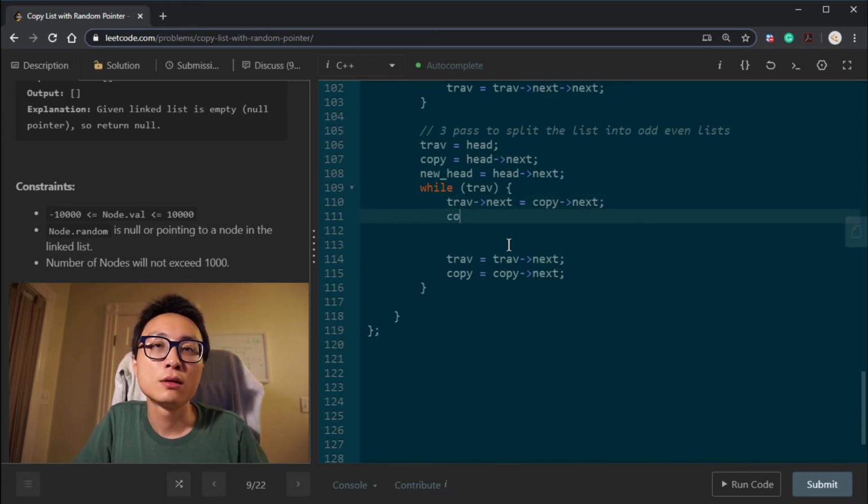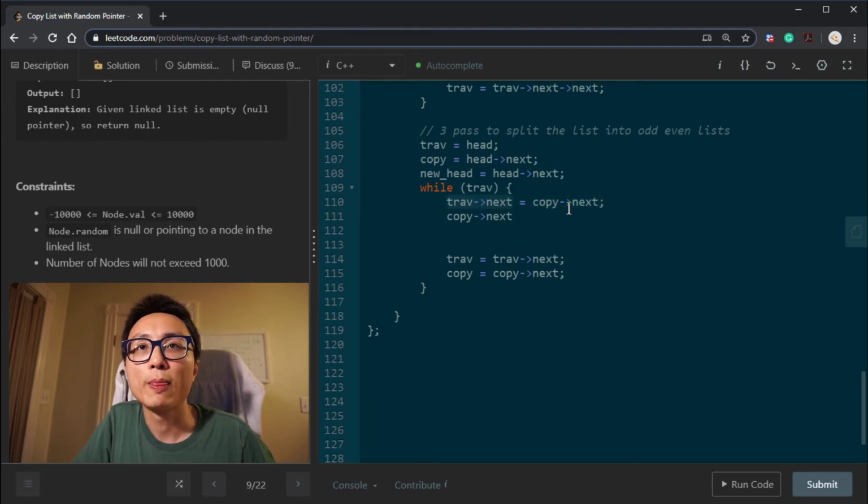And copy's next. Or this is more readable, I think. So we jump 2 hops at a time.